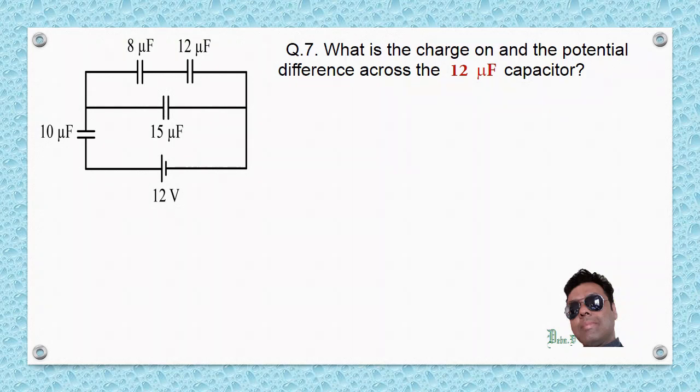From that you will be finding out the total charge Q is equal to C into delta V, and that Q will be once again distributed across the combination of 8 microfarad, 12 microfarad and 15 microfarad. Now across 12 microfarad the charge is the total charge that is flowing across 8 microfarad and 12 microfarad. Try this question